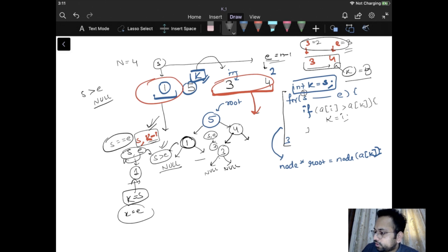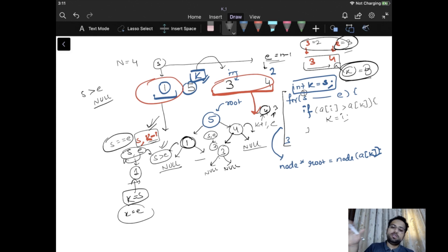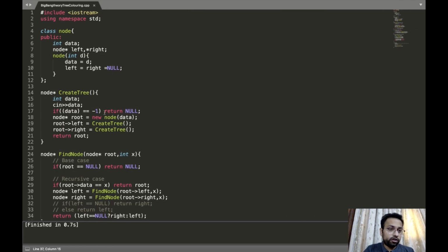When we go towards the right of this particular tree, we will update the starting value, right? So the starting value will become k plus 1 and the ending value will remain the same. So k was equal to 3 in this case, so it will become 4. End is equal to 3 in this case. So see, start has overshot the value of end. Again, we will add null to this point. So this is how the entire tree gets constructed. And let us just write the code for this particular problem.